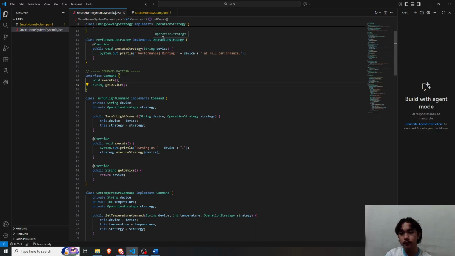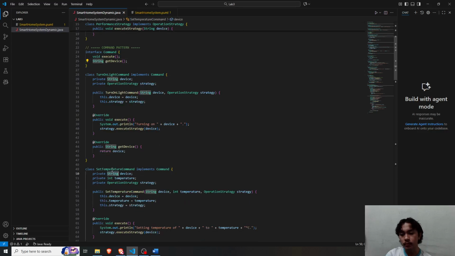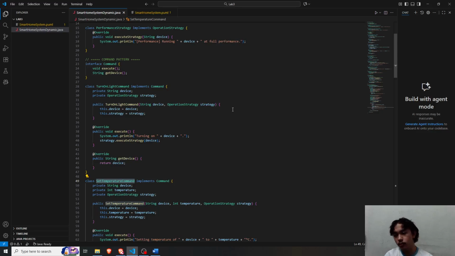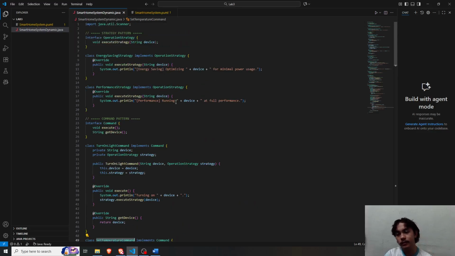For the command pattern we have the turn on light command and the set temperature command. So it has two main commands as well, just like the strategy.